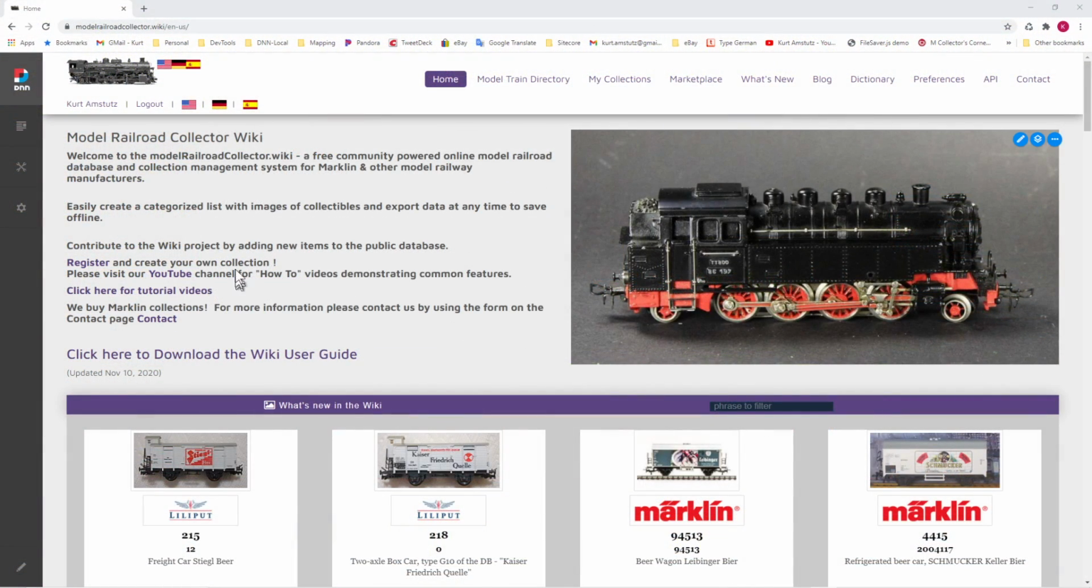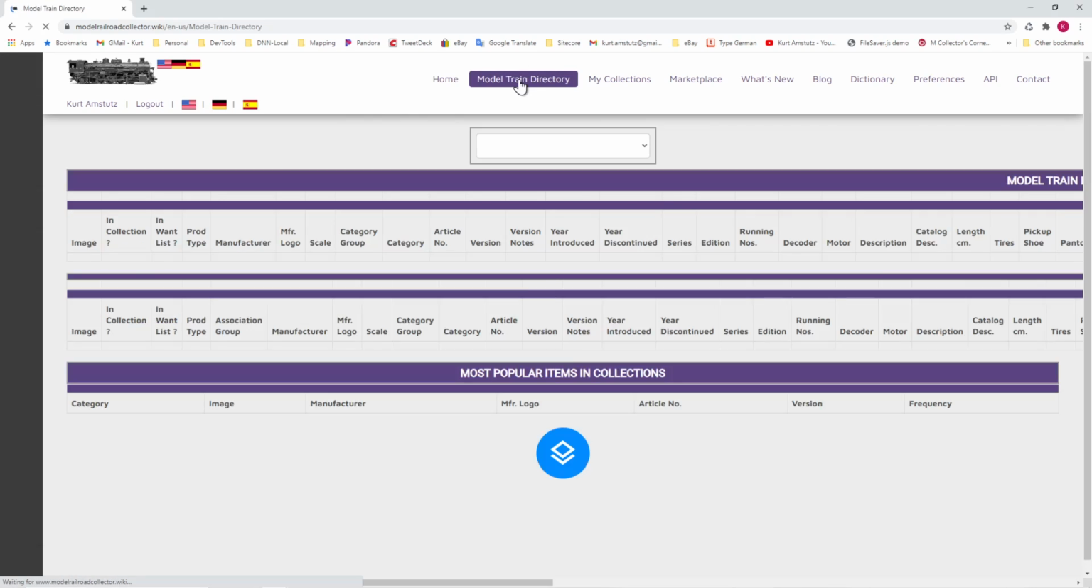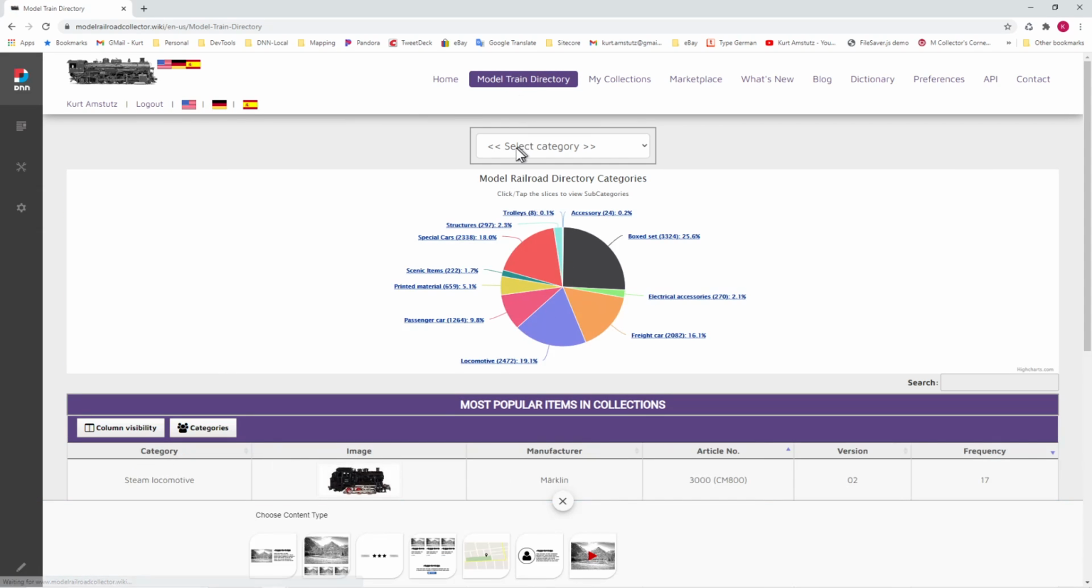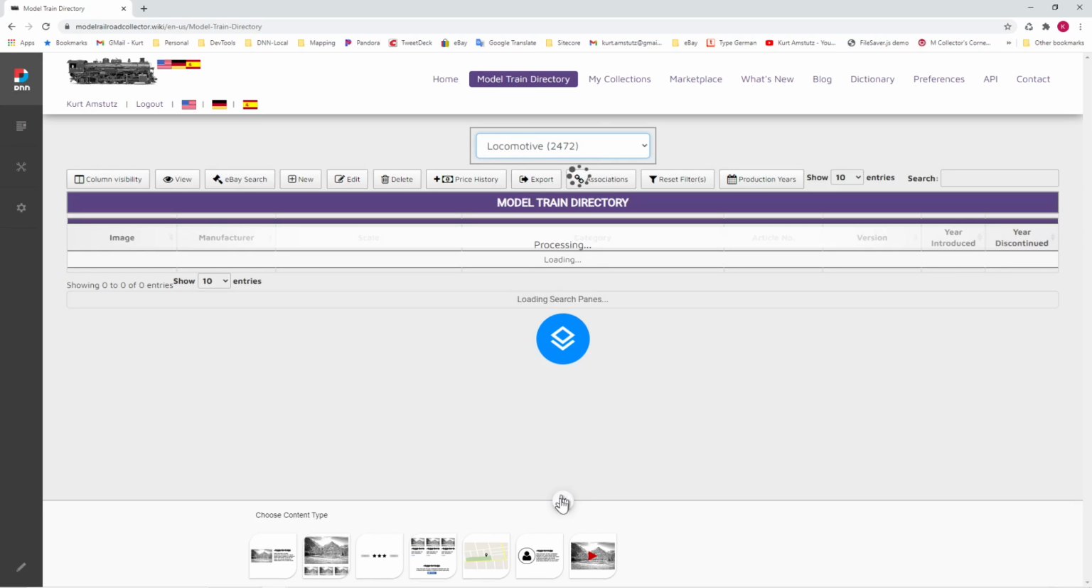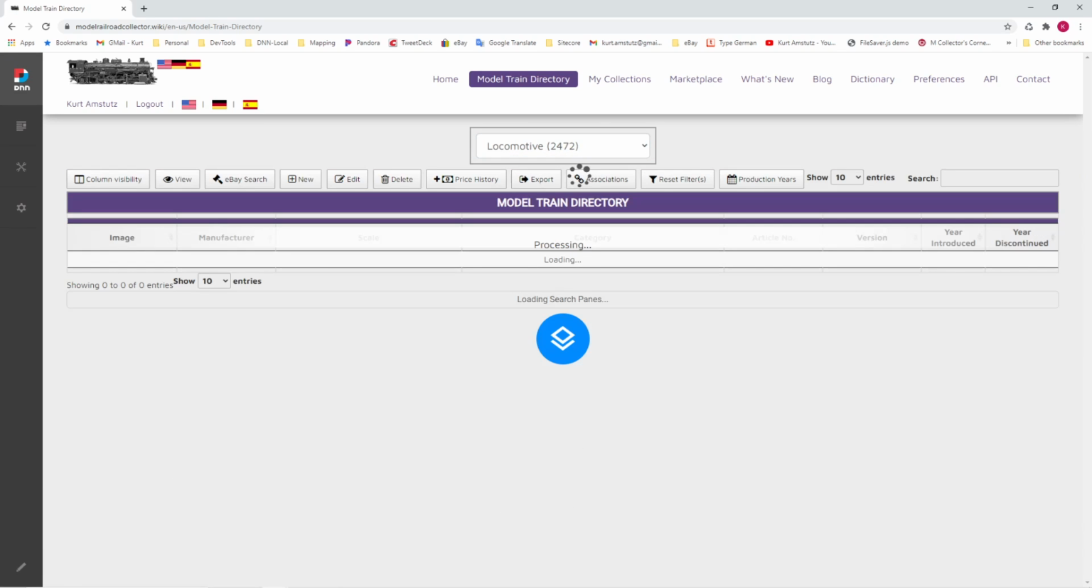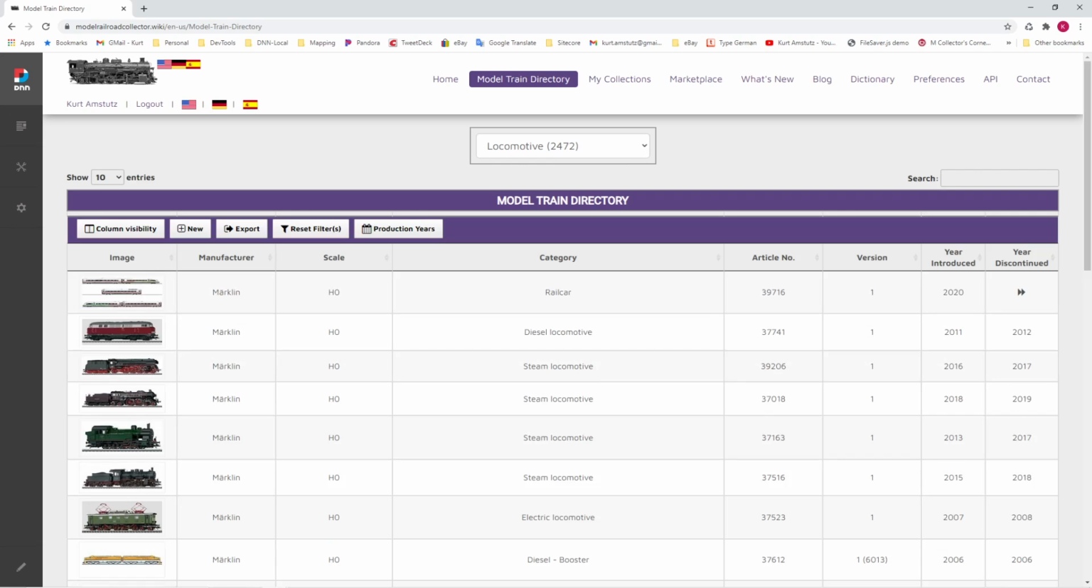So in the wiki, whether you are logged in or not, if you click on Model Train Directory and select a category, let's select locomotives for this tutorial, and let's let the screen load here as it downloads all of the locomotives that are available. Now, the column visibility feature is a button that you'll find right up here in the upper left-hand corner of